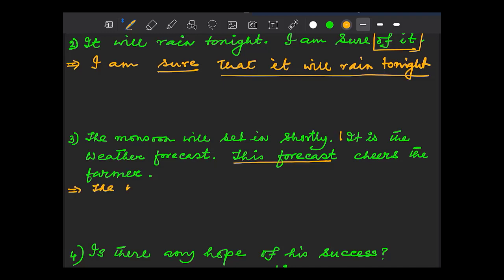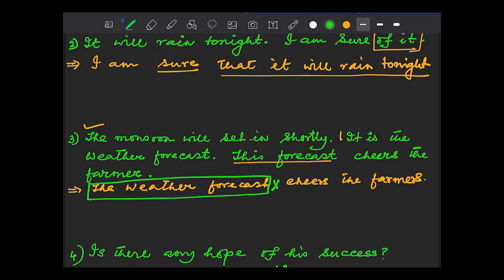The weather forecast cheers the farmers. Okay, what is the weather forecast? This is the answer. The monsoon will set in shortly. We will put this here. This is the weather forecast,